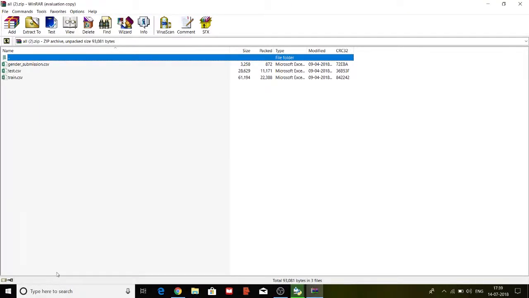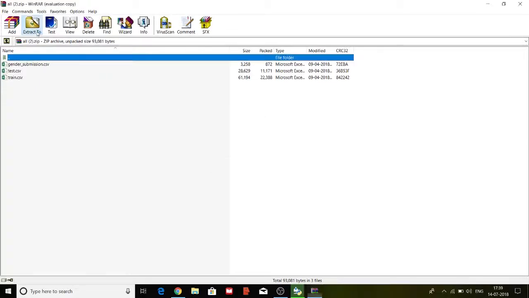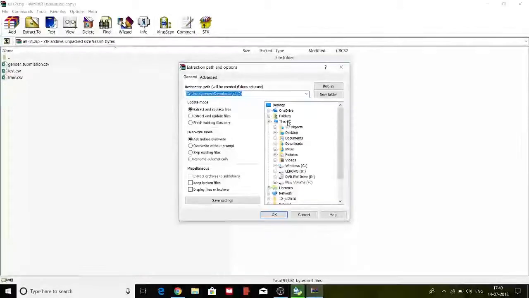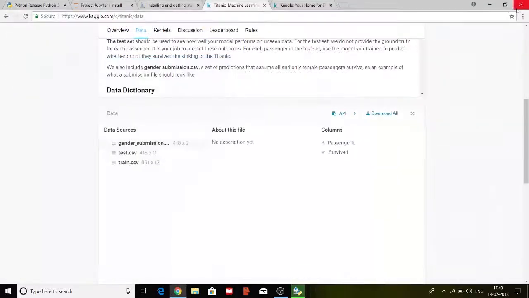This zip file has to be extracted, and on the desktop you can create a new folder, Titanic, and there the data set gets extracted